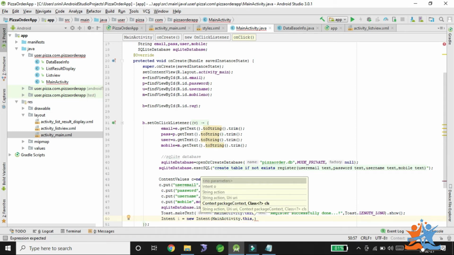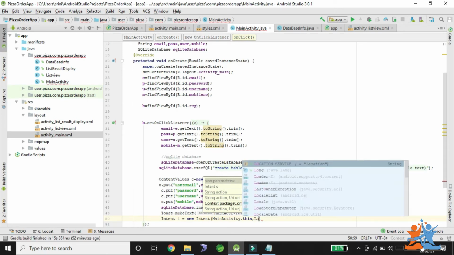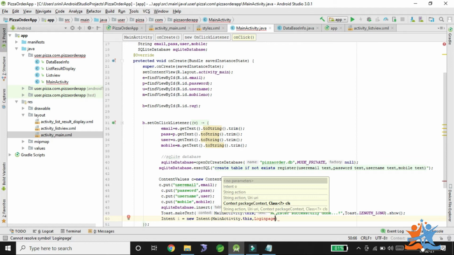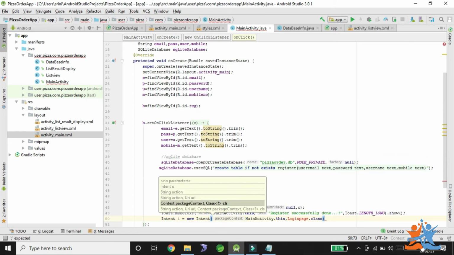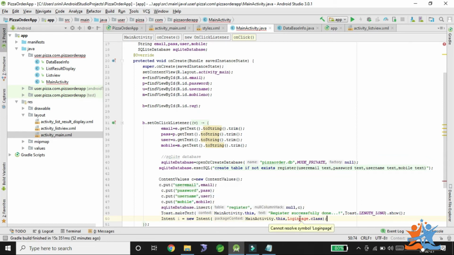Another one is the target. For example, I didn't create any target, so I've just given a name, login page dot class. Yeah, exactly, but here we are getting an error because we have not created it.